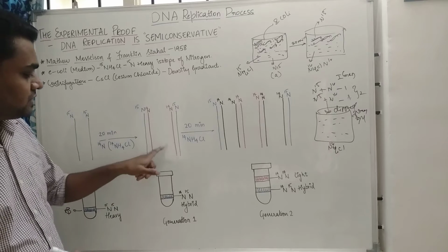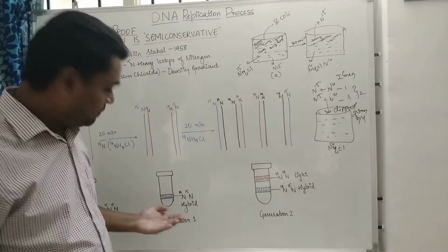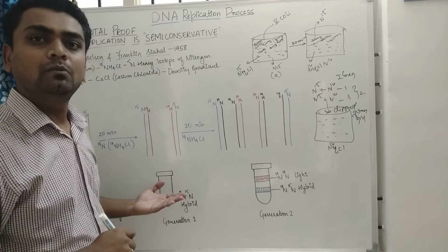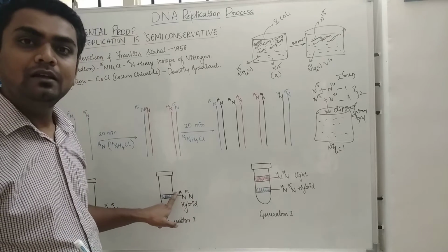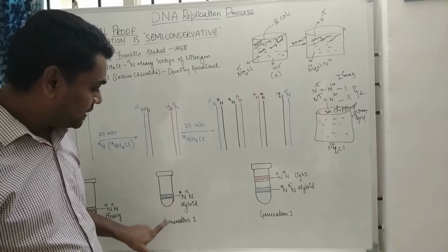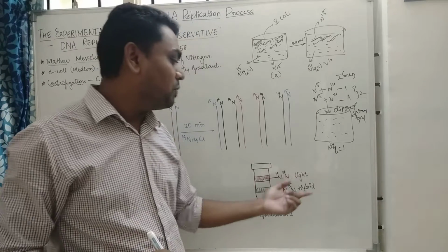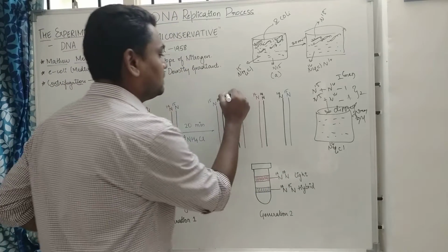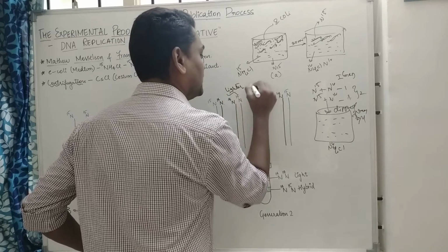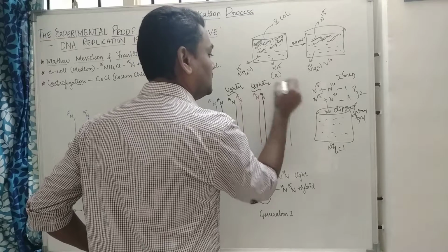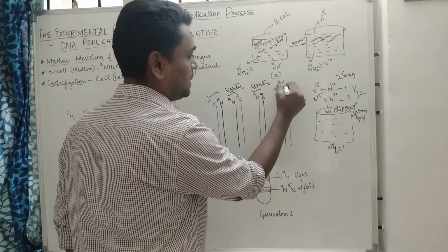Bottom, correct, right? Here is the first generation. Even though they are not at the bottom, they are just above the bottom surface. That is hybrid, because one is heavy isotope and one is normal nitrogen. Correct? That is the hybrid, just above the bottom surface. The second generation here is a mix: NH14, NH14, N14, N14, these are lighter. These are hybrid, because one is heavy isotope and one is normal. I will call this hybrid.